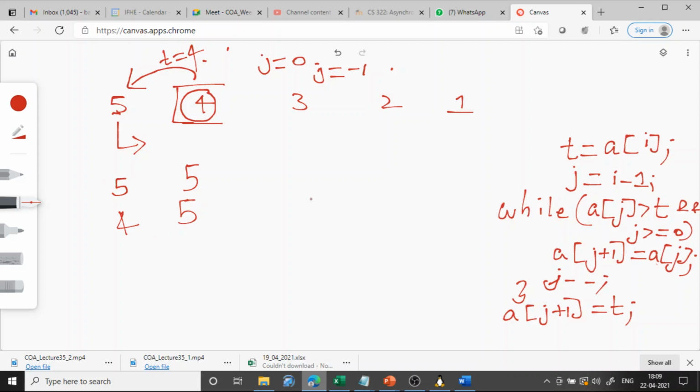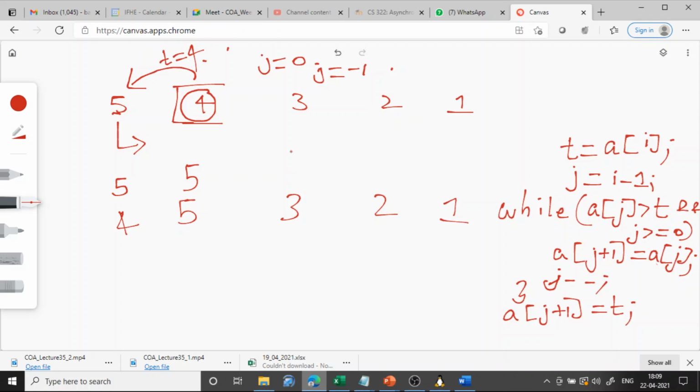This is the end of the first iteration of the inner loop. This is what has happened. In the first iteration we start with the first element, not the 0th element. In the second iteration we start with this second element.